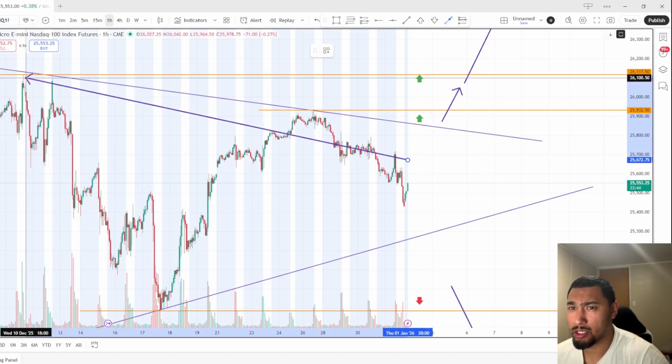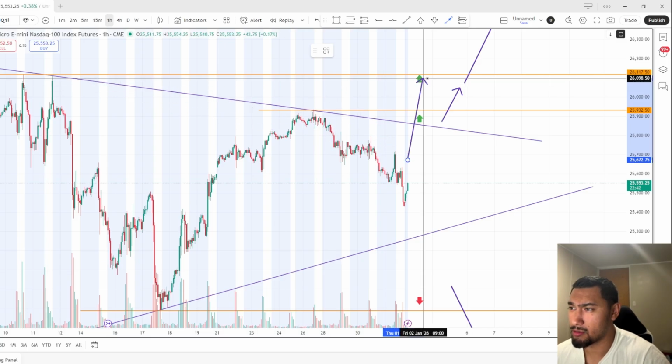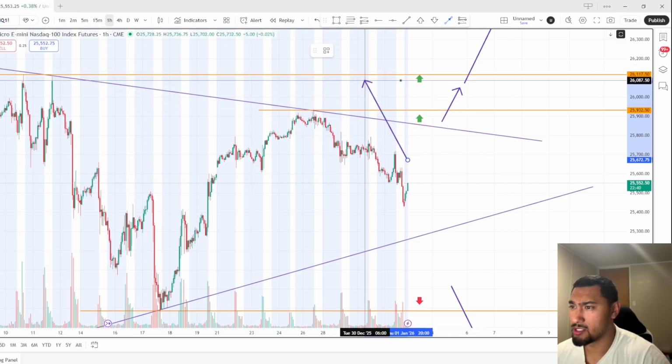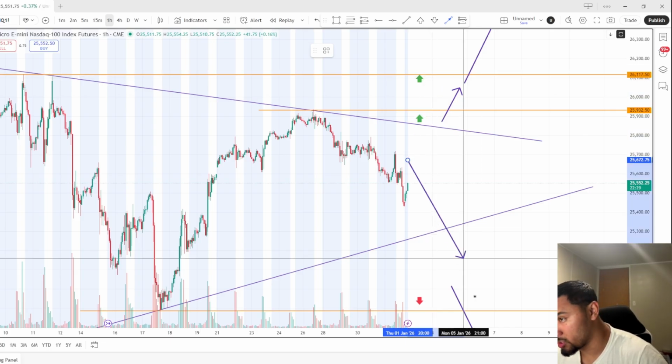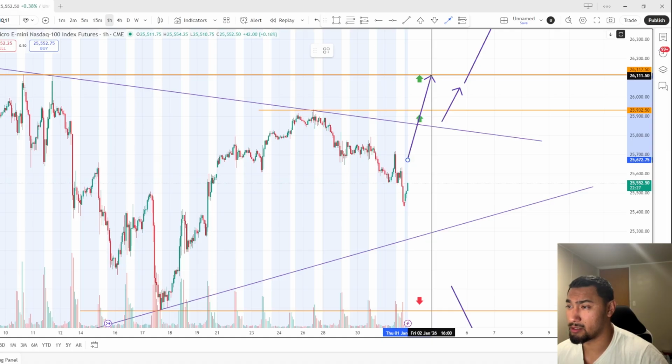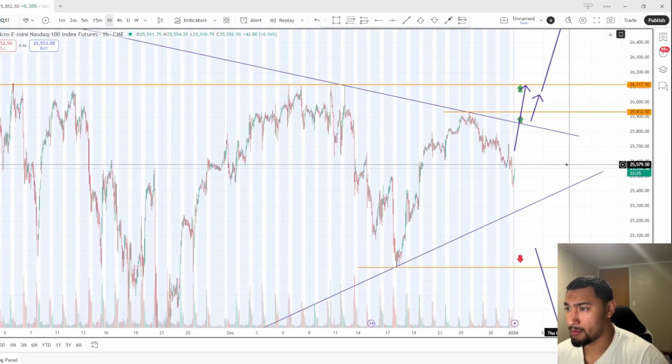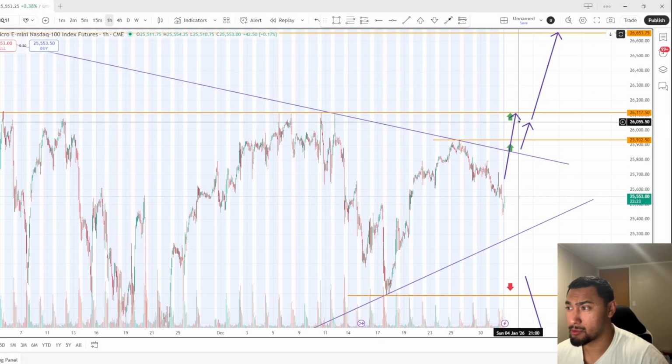Ideally, we would really want to see this big level get taken out. This big level is gonna really just move the market for sure. It's either gonna go up, it's gonna squeeze real high after we break above, or we're gonna really shit the bed whenever we come back down and reject it. Or if we reject it, we will really just